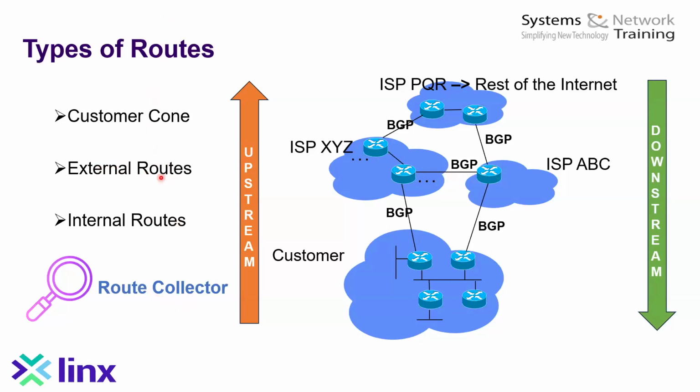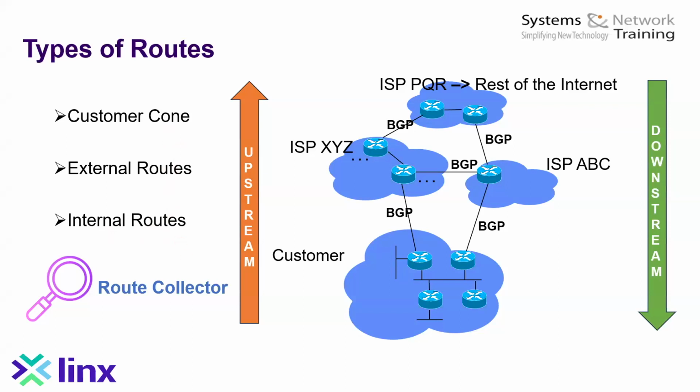So we have these different types of routes. Finally, there are internal routes. We don't normally advertise these. These would be routes that are specific to the internal workings of a service provider, and they wouldn't necessarily be advertised out, and they wouldn't necessarily be something that a route collector can pick up. But there are these other types of routes which are smaller in number. So there is a classification of routes, in other words, is what I wanted to show you.